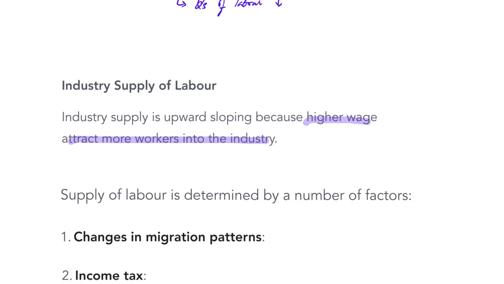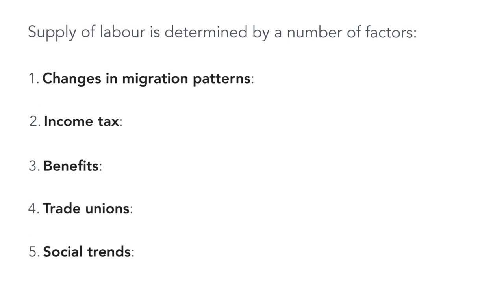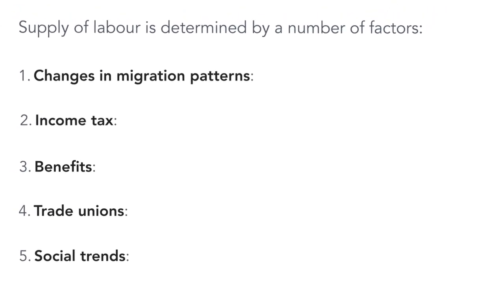Okay, so there are some determinants for it that can have an effect on the supply of labor. Number one, it's about the migration. What is the migration pattern in the country? Okay, so when we're talking about an overall industry ka supply, obviously it's a country level issue. Now, migration patterns के अंदर we have to talk about immigration और